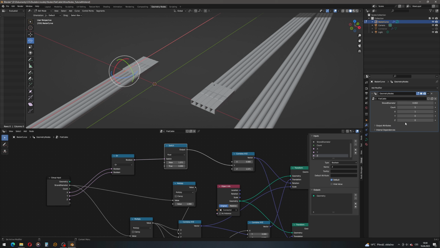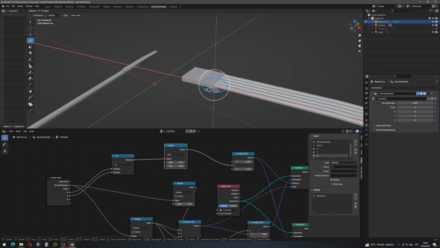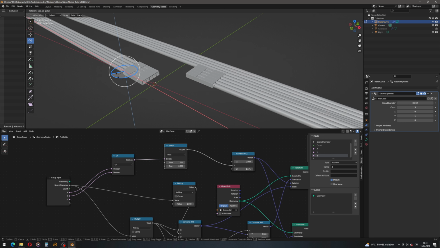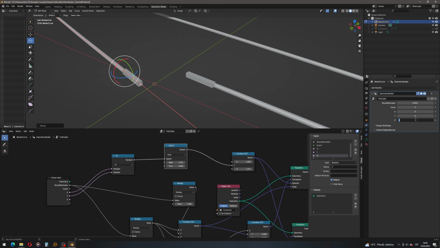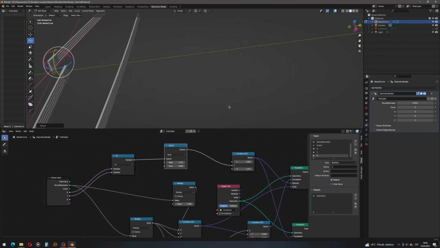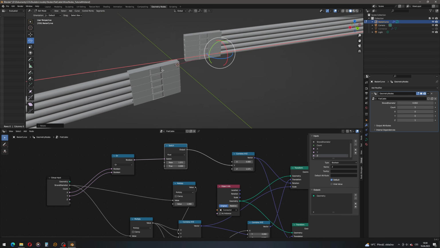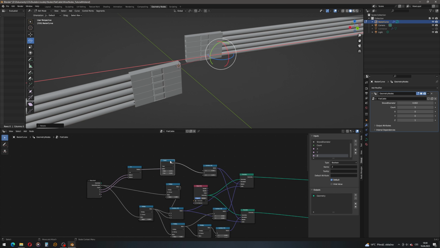So nothing changed, that looks promising. Let's test it out. Okay, so we'll put it on the x-axis, let's rotate it. We have the metallic parts correctly. Yes, that's good, that looks good. And let's change it to z-axis. And we have them in the correct way. So this is actually all from the rotation,